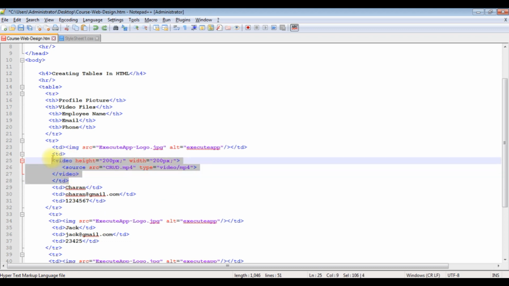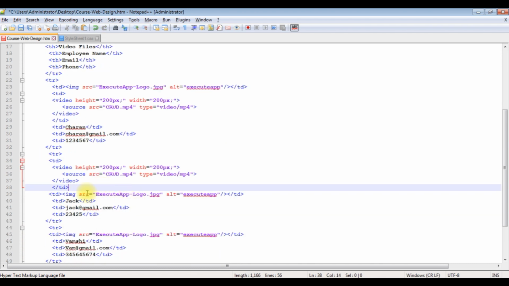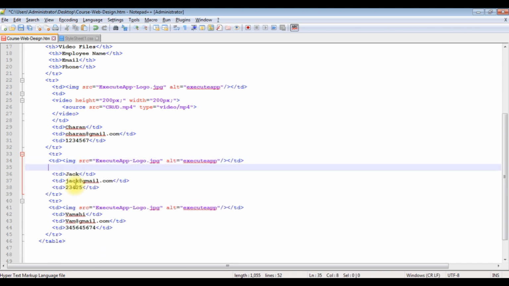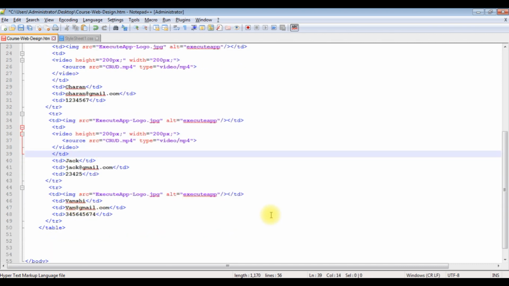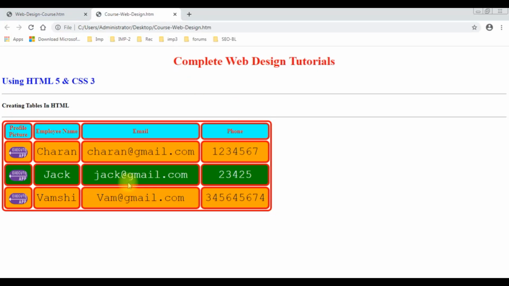So let's add the same video files to the second row, not this, after the image we have to add. And for the third row. So now let's save this file. We'll check the output. I'm reloading the browser,